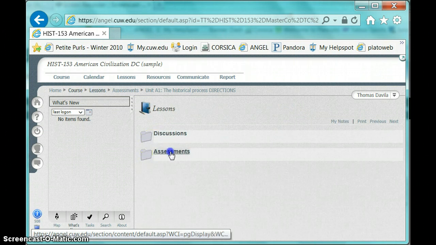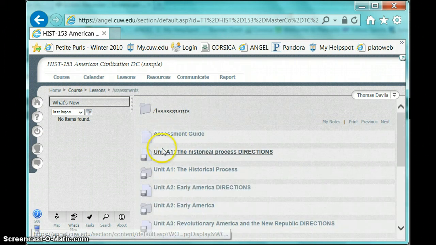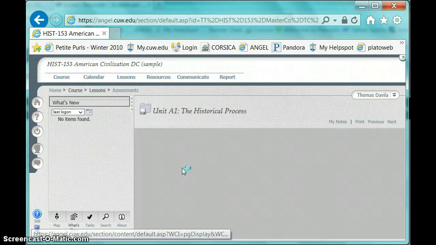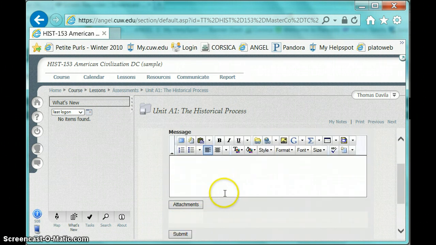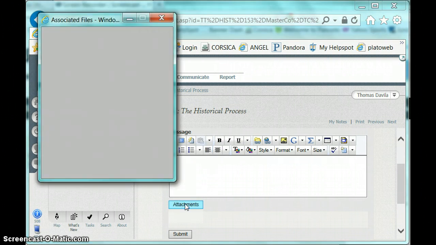Back to the lessons and assessments, you'll see again a folder. This is a Dropbox, and this is where you'll use to turn in assignments. So if you have a writing assignment or something that you have to turn in, you'll click into that Dropbox and you can title it Tom's assignment, spell it right. You can type a message to the professor if you wish, and you'll click attachments